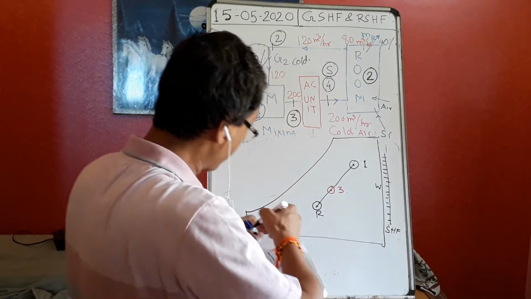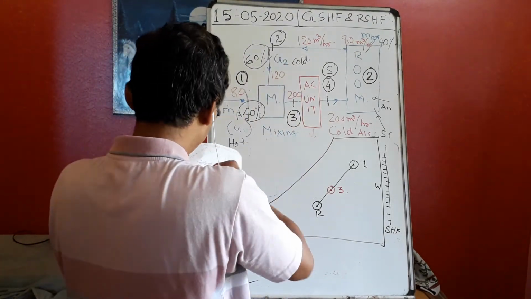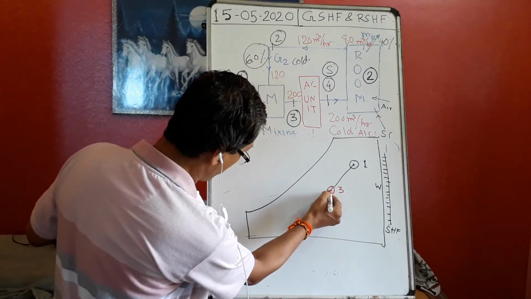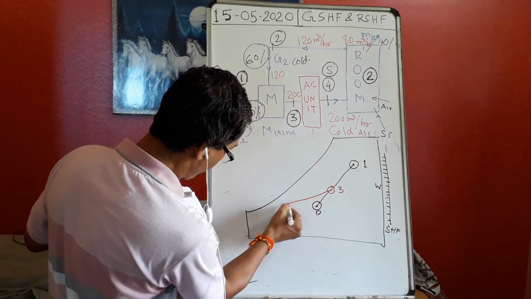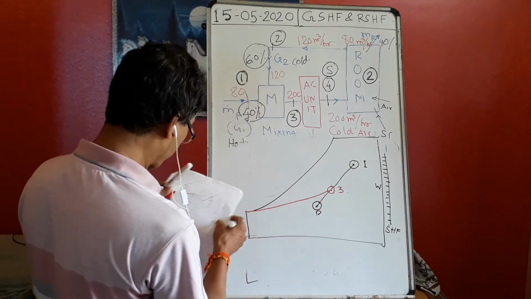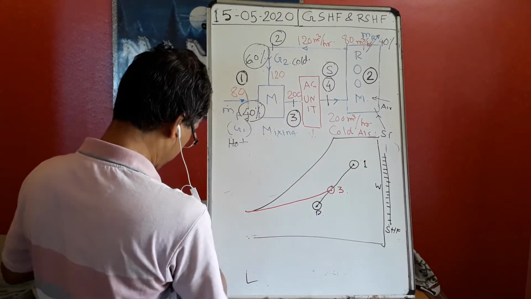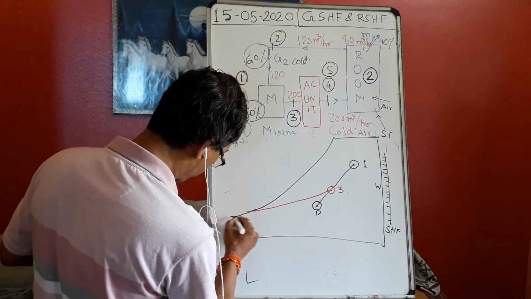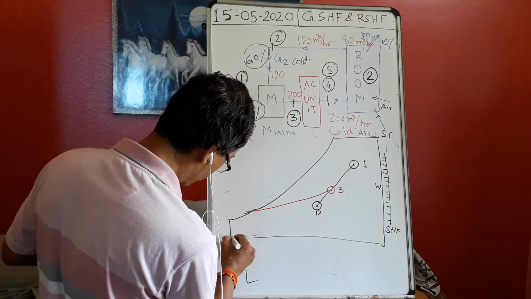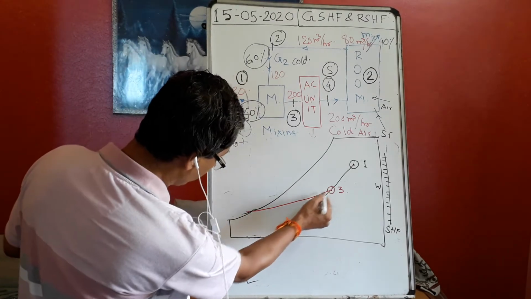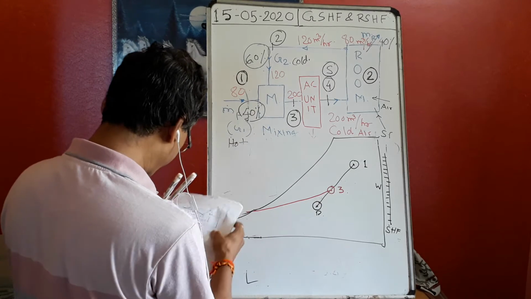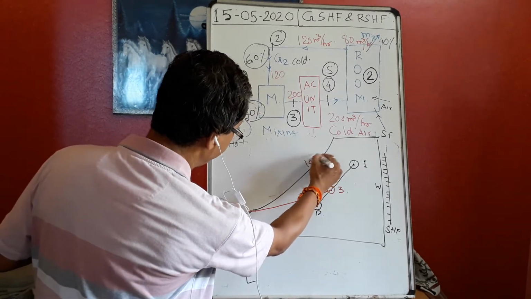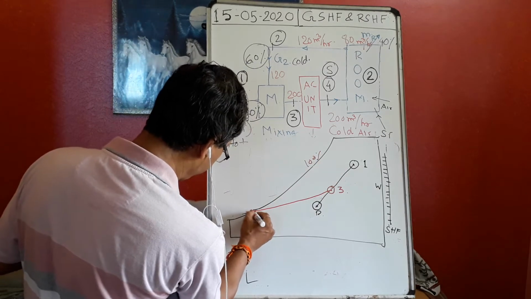Sensible heat factor line. So then what will happen? From 3 it will be cooling, and so this will go this way, and ultimately this will cut this point. This is the 100% relative humidity line. So it will cut the humidity point at